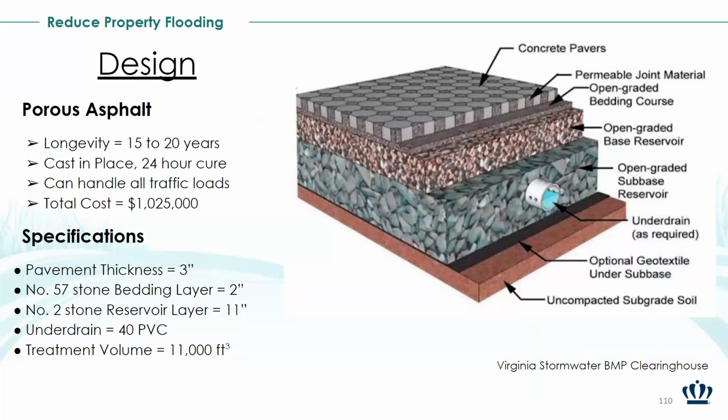So our design is to use porous asphalt, and we chose this material because it is a parking lot with businesses that would hope for the construction time to be as little as possible. This material will last up to 20 years, would only have a 24-hour cure, and can handle all traffic loads. Our design works in accordance with VDOT as well as the BMP Clearinghouse,